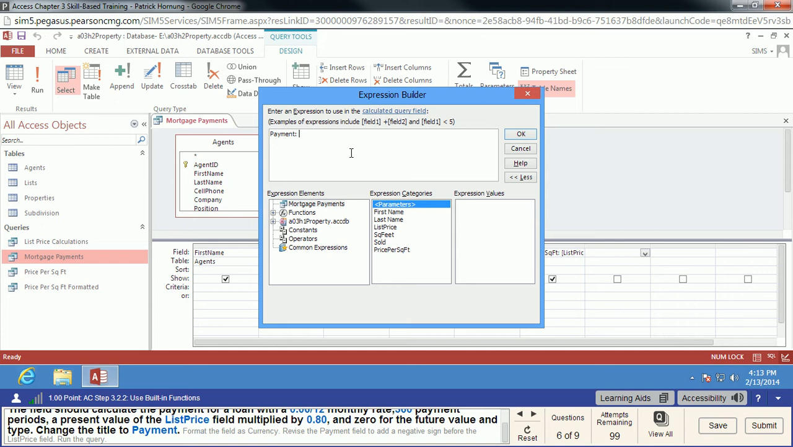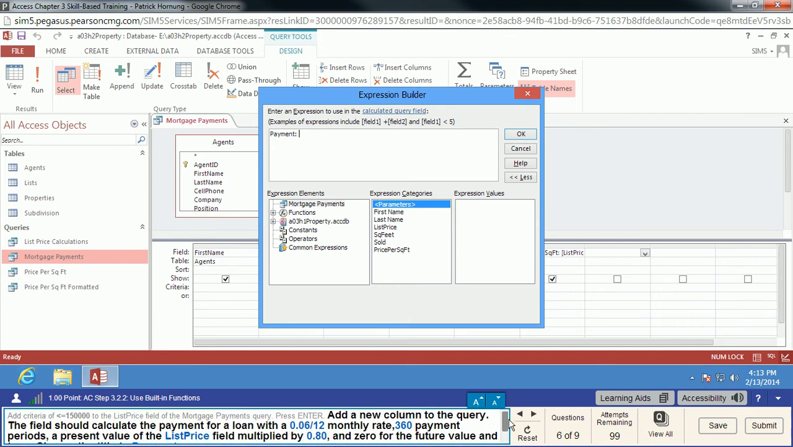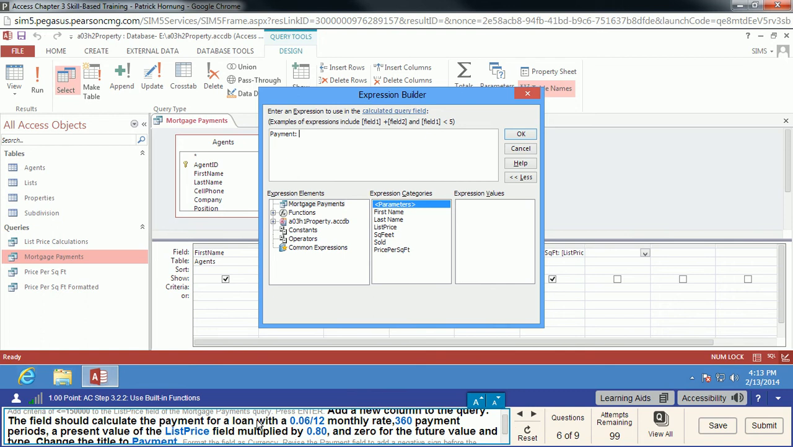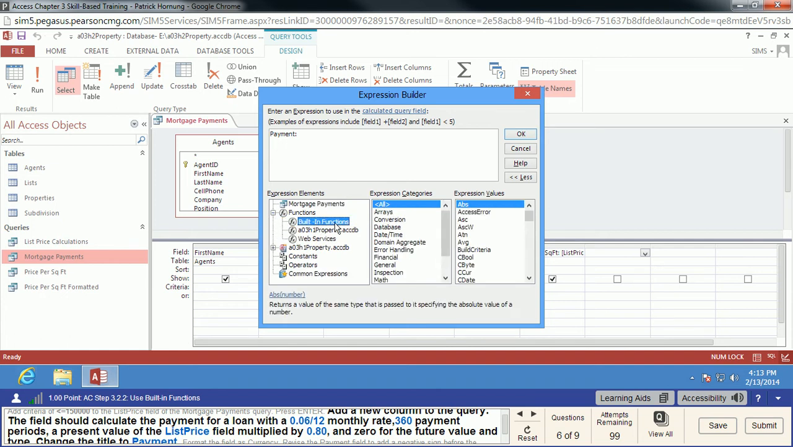colon, space. And now we know we want to run the payment function for this, because we're calculating the payment for a loan, and this is something many of you did in the Excel chapter as well. So we'll go into functions, the built-in functions, and I'm just going to leave it here as all because I know exactly the expression that I'm looking for. I'm going to go down to PMT,